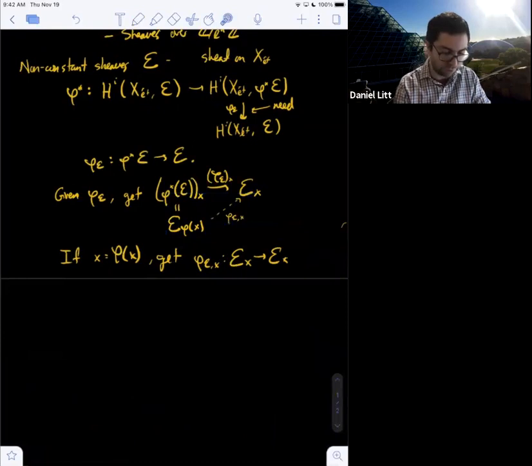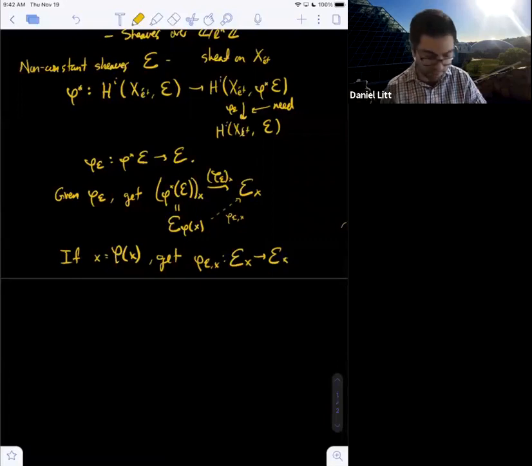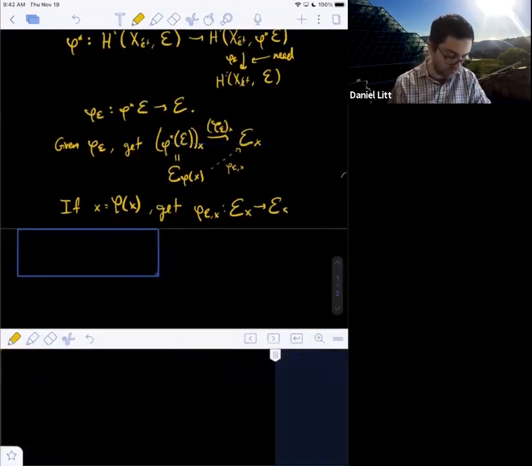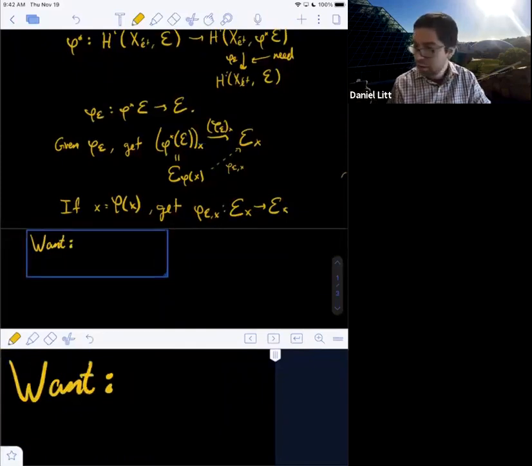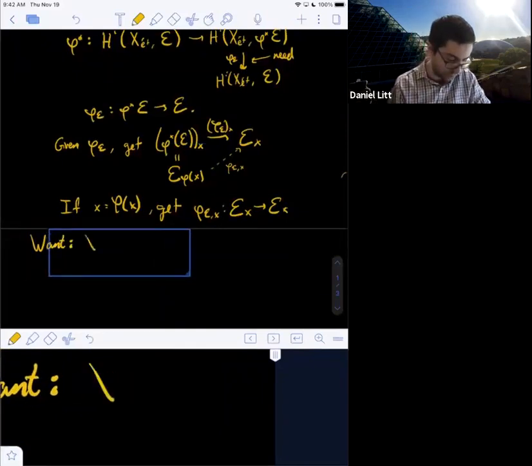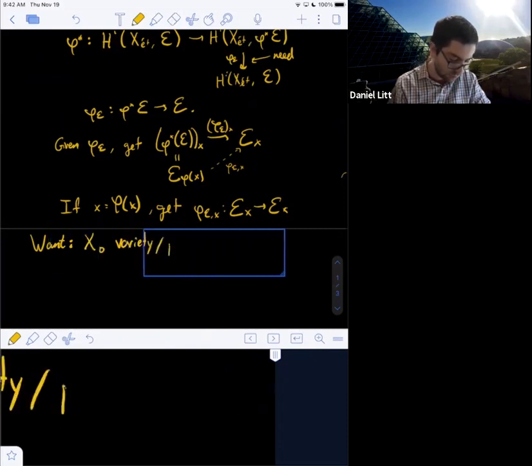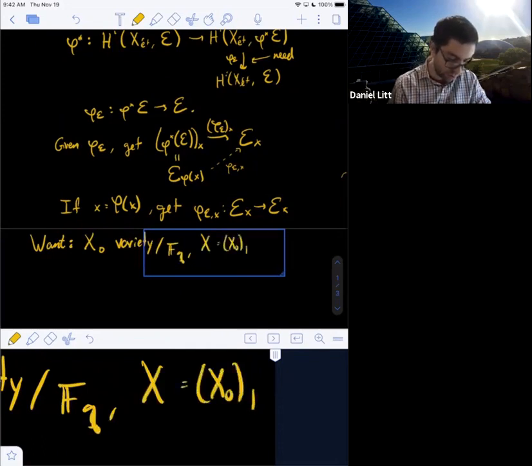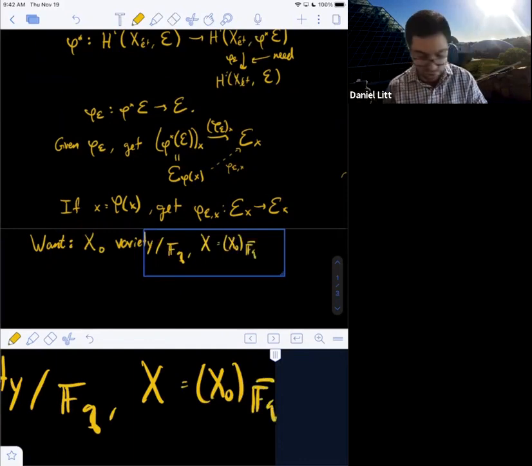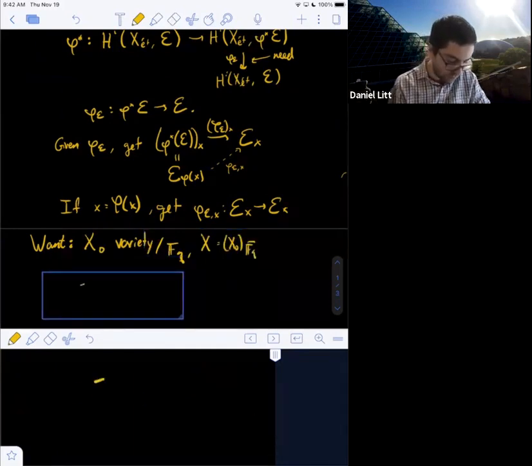And okay, so here, if we have a fixed point, phi of x is equal to x. Okay, so this is where we left off last time. And then I commented, so the sort of theorem we want in this case is that if x naught is a variety over a finite field, and x is its base change to an algebraic closure, the sort of theorem we want is that